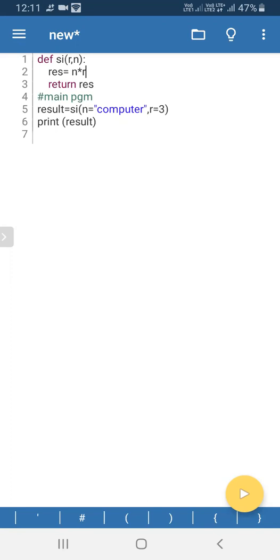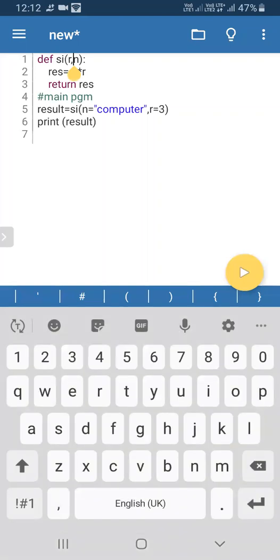No, sir. I didn't get it. Can you please say again? Fifth line. Sir, in the first line, define, that is the bracket, r comma n you write. On that place n comma r you write. Here r comma n means also the same result. Same thing only. N comma r you are asking, here you are changing to r comma n. R equal to 3, then n equal to computer you are asking.